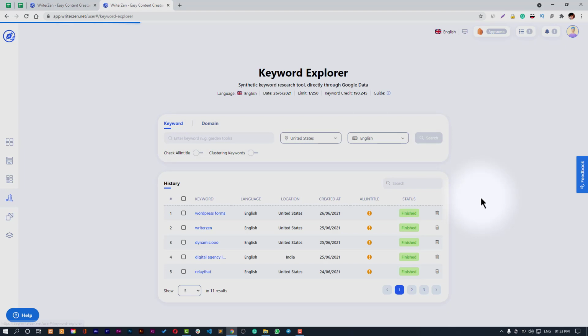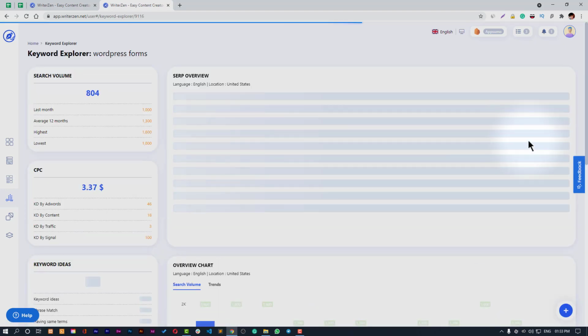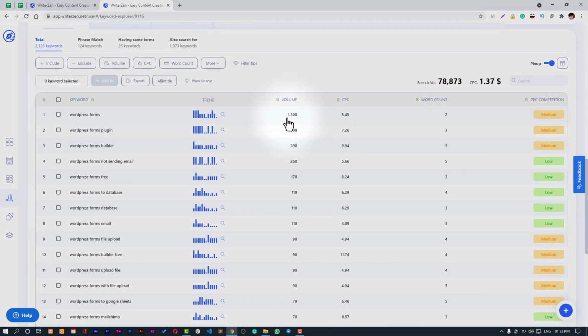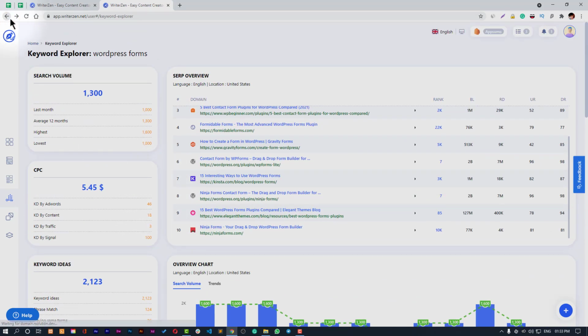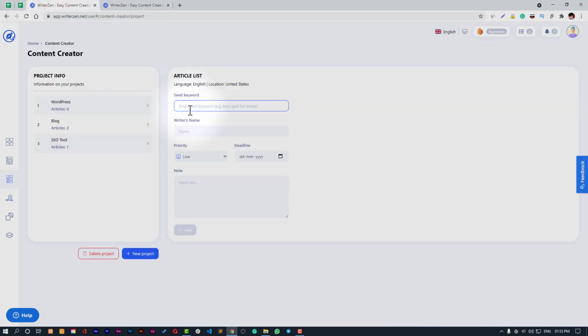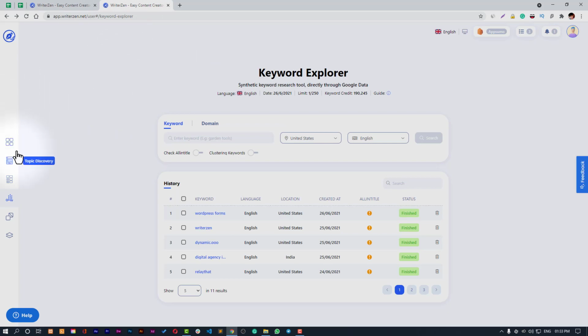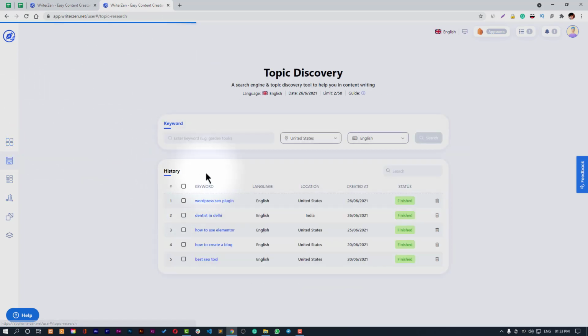Let's go to Keyword Explorer. We had this one. Let's use any best keyword, like... that's not a keyword actually, that's the main topic. So we can go to the topic discovery we had done earlier,